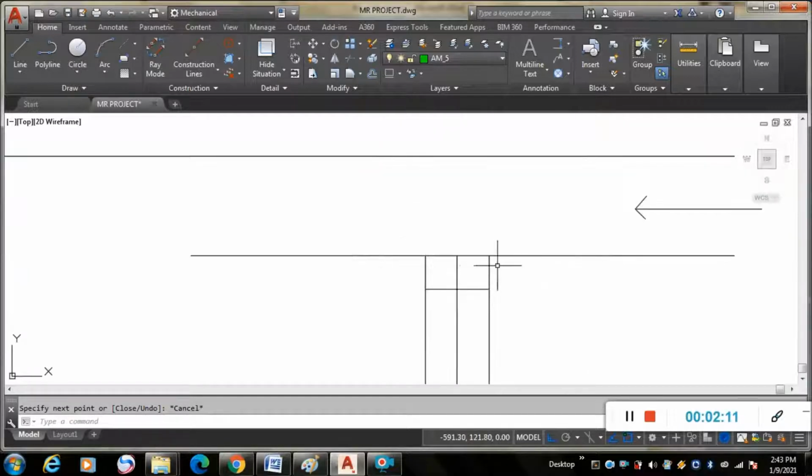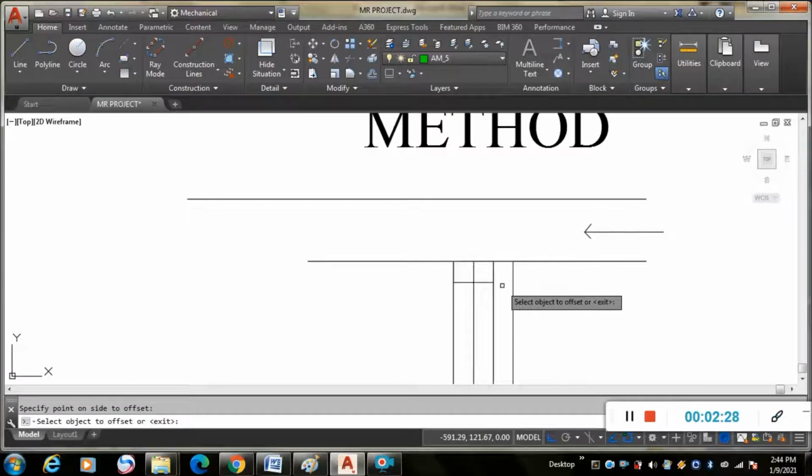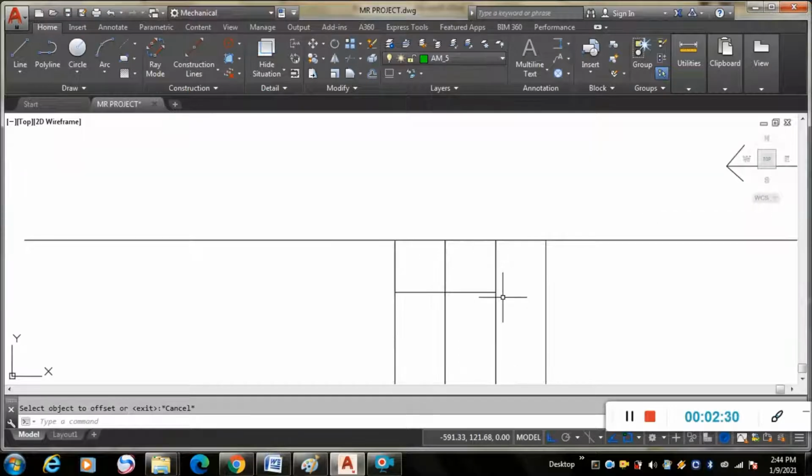What we need to do is take offset now. Offset distance we have to take the same as 6 inches, 0.1524 in meters. Okay. I extend here. Now you have to take the line tool and join from here to here.